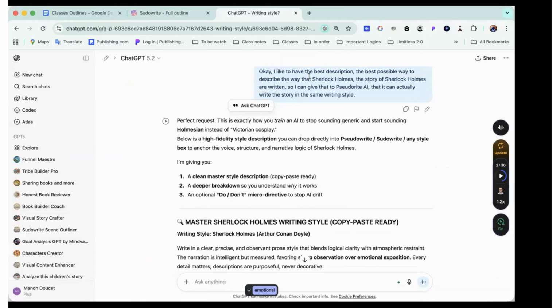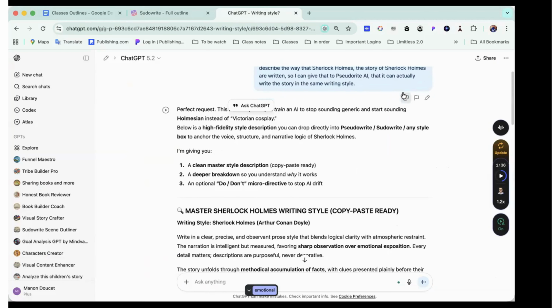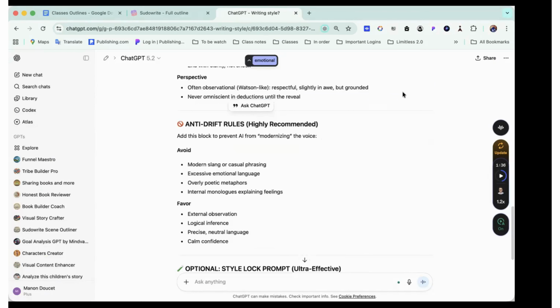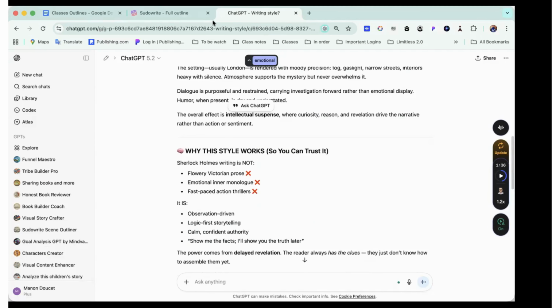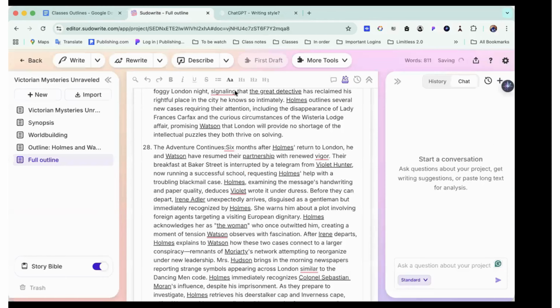And I simply asked, okay, I'd like to have the best possible description of the way that the story of Sherlock Holmes is written, so I can give it to the Sudowrite AI so that it can actually write the story in the same writing style. So it gave me a very long description of the writing style for Sherlock Holmes, which I simply put inside